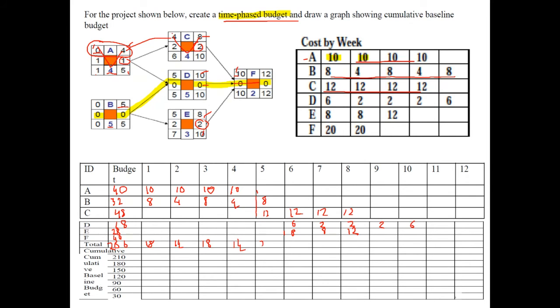And week 5 we have a budget of 20, and week 6 we have 12 and 8, 20 and 26, and 22 in week 7, and 24 and 26 in week 8. So we will complete it. Next we have to do